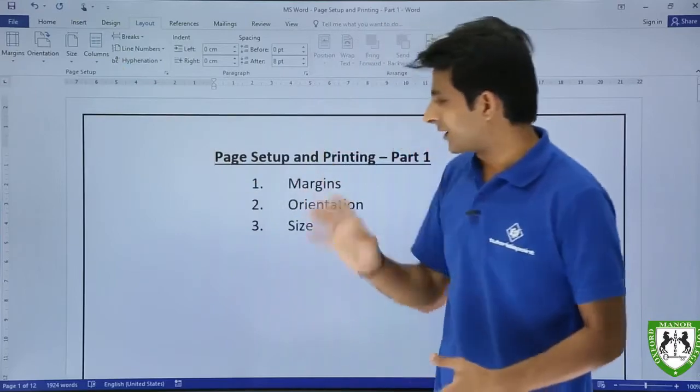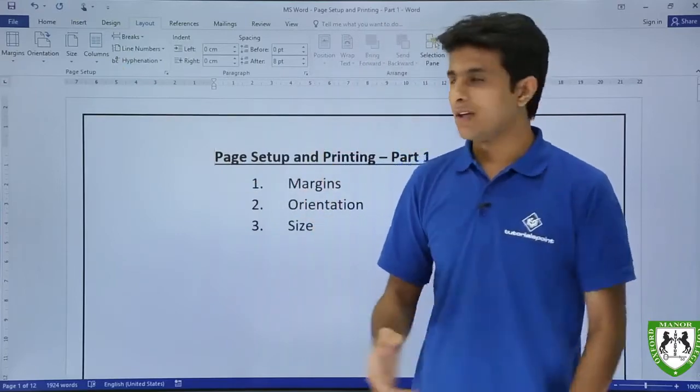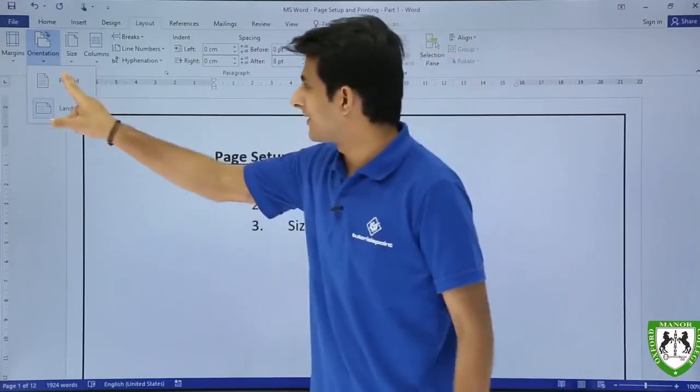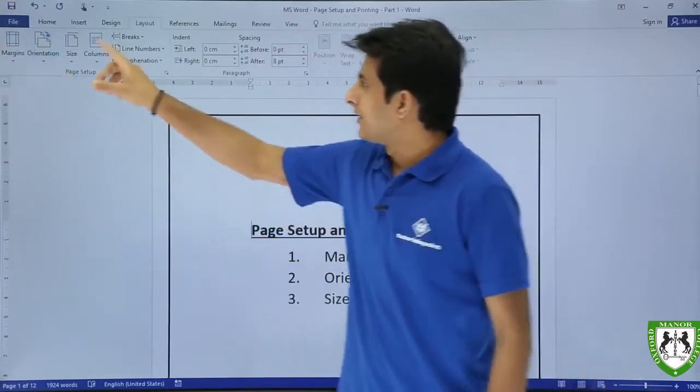And this was how I created page setup. Second, if you want to change the orientation, it is the same thing. From here you can select portrait and landscape. So I'll select portrait here. The next one is